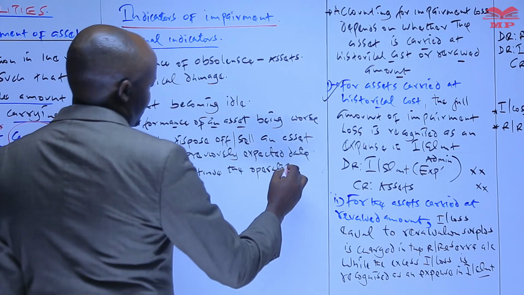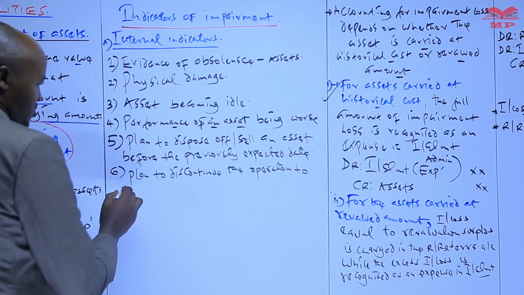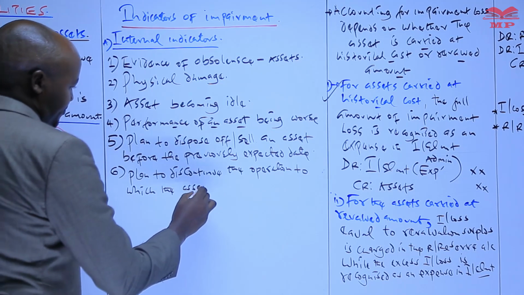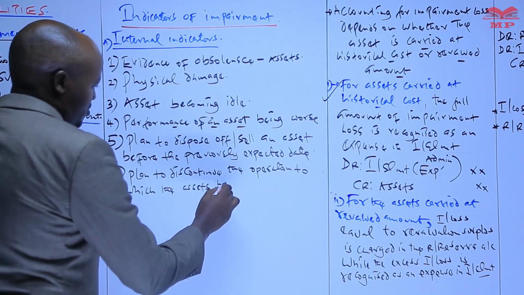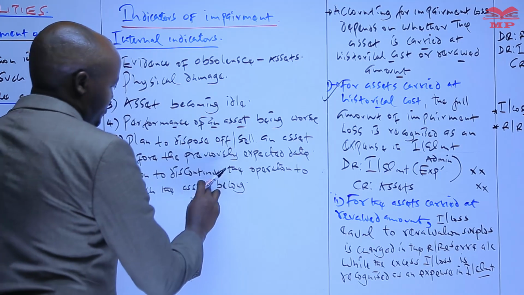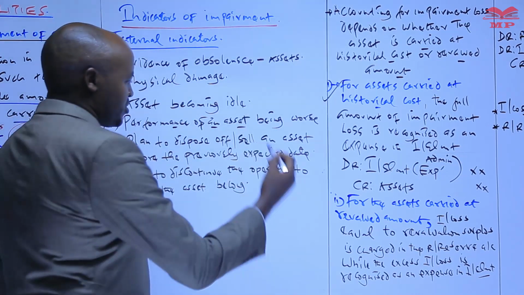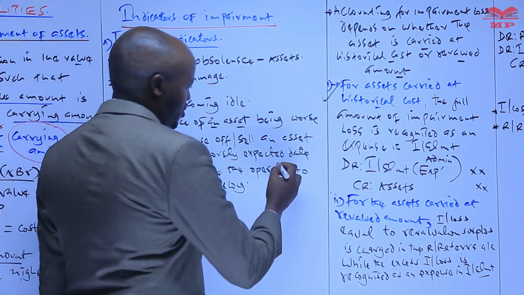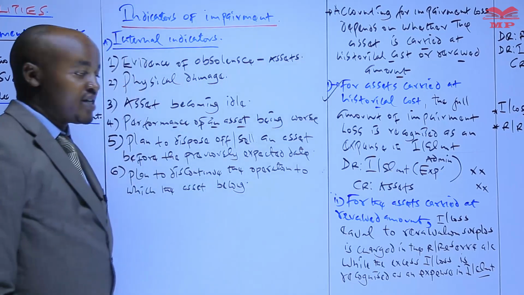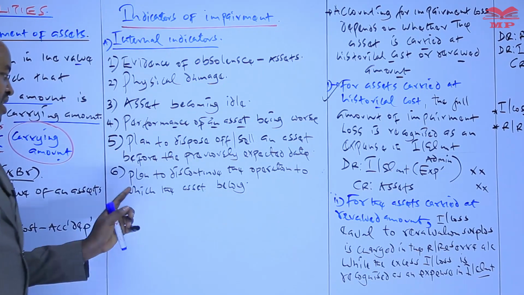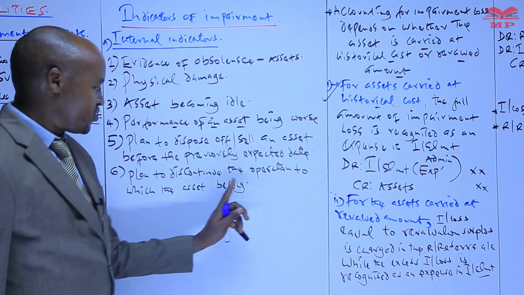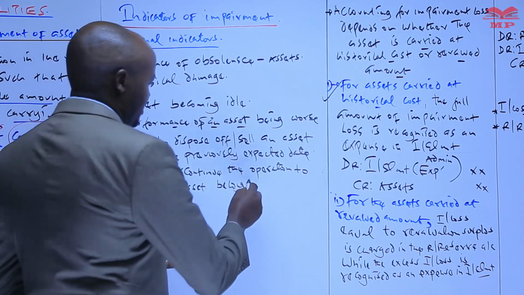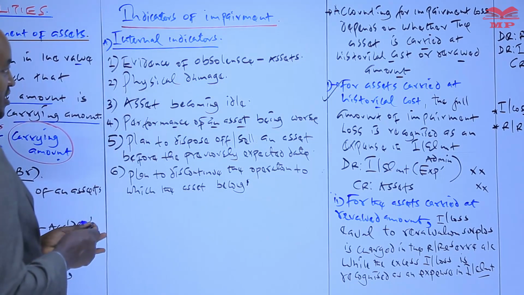To discontinue the operation to which the asset belongs. So for example, in this case, a company may be producing some product which are meant for export, but the company intends to stop exporting such a product. What that means is that there are some plans to discontinue the operation to which the asset does what? Belong. So therefore, if any of these particular factors exists,